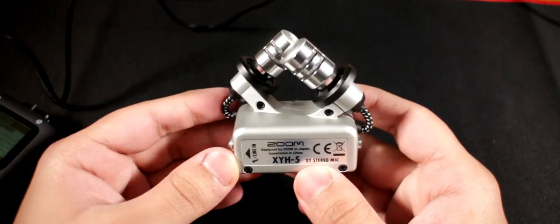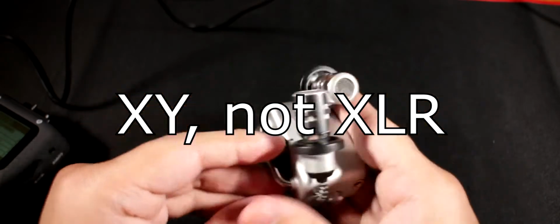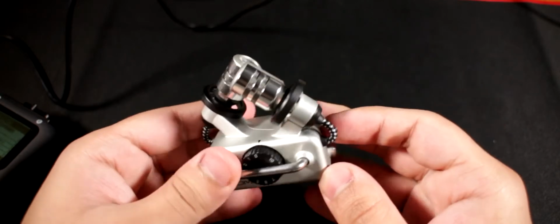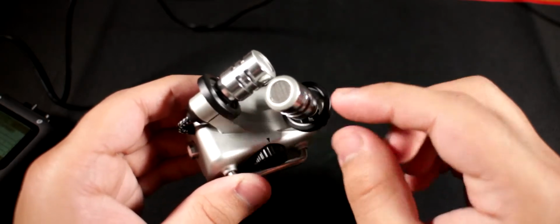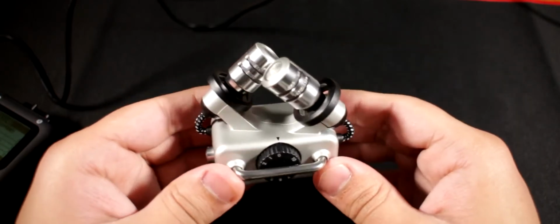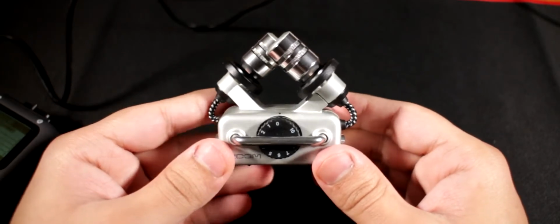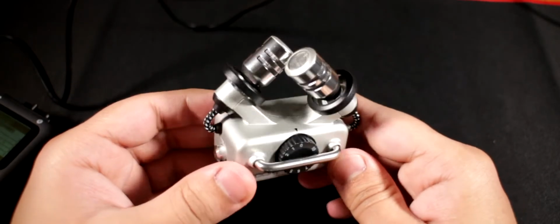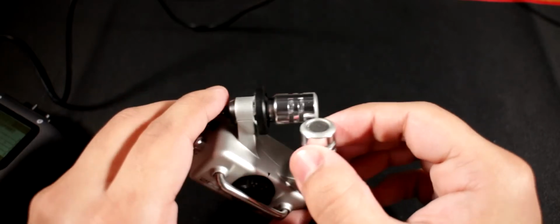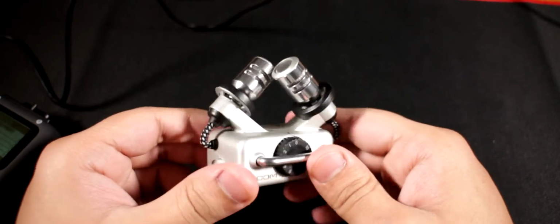So first off, let's take a close look at it. As you can see, it's got two XLR microphones at the top, and it's got the gain dial in front, and they're all shock mounted as well over here. So if you can see that, they actually move a bit. And these shock mounts are meant to reduce the handling noises. Now unfortunately they don't really do much. You can still hear the handling noises and stuff, but it's nice to have that even if they don't work,